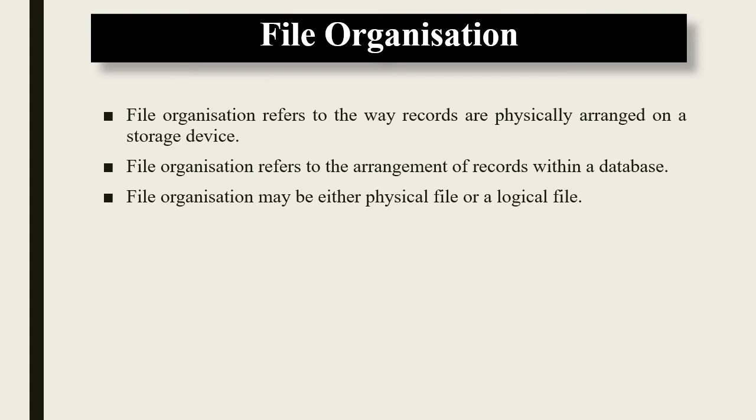So, file organization is a way of arranging records in a file when the file is stored on the disk. Data files are organized so as to facilitate access to records and to ensure efficient storage. And the file of records is an important abstraction in a database management system. So, it is an important part of the DBMS. DBMS means database management system.